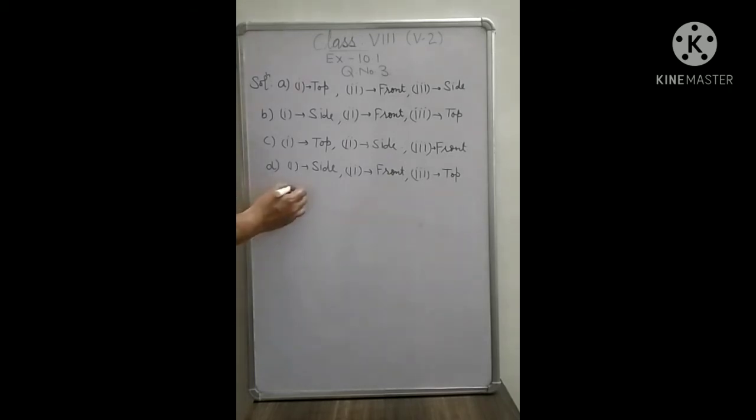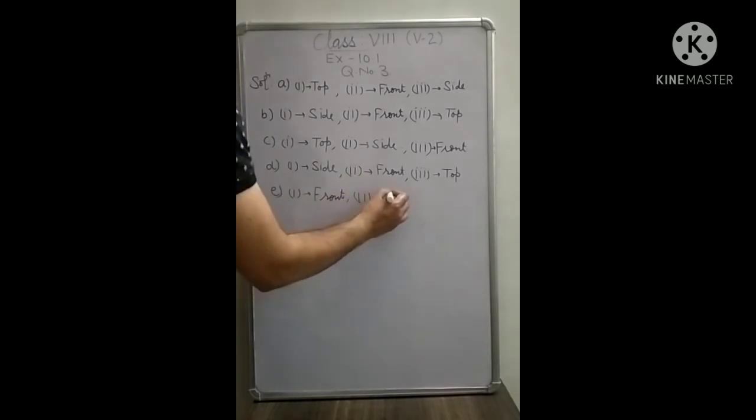Here in the last part, the first figure shows 3 boxes, 2 at the bottom and 1 on the top. So this is your front view. Second one. In the second we can see 3 boxes, 2 in the top and 1 in the bottom. So this is the view of what? Top. 2 inside and 1 in front. So it is your top view.